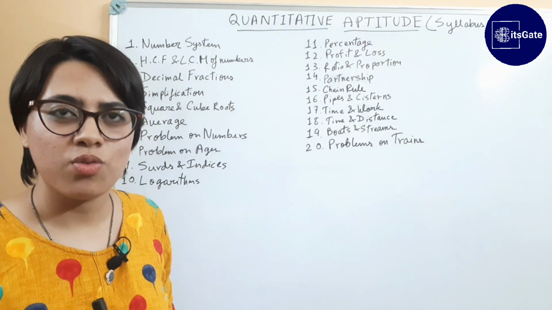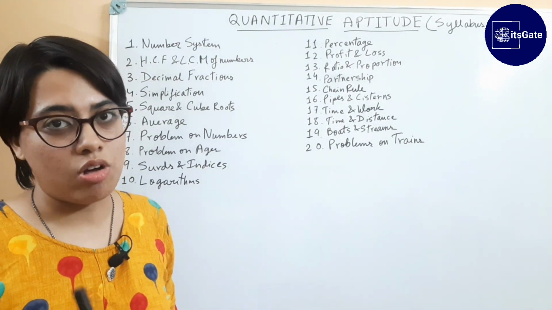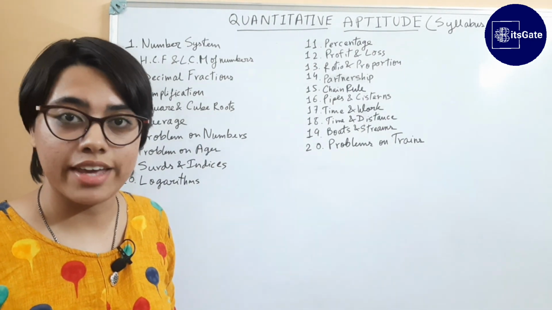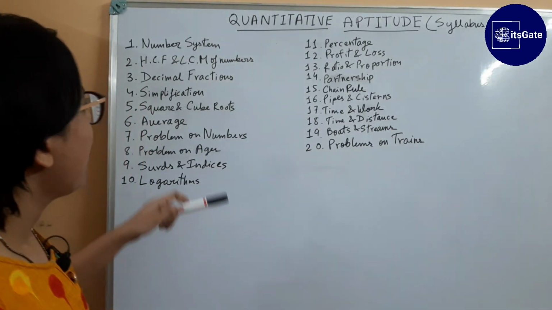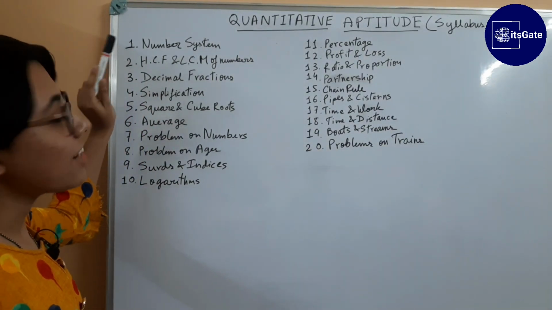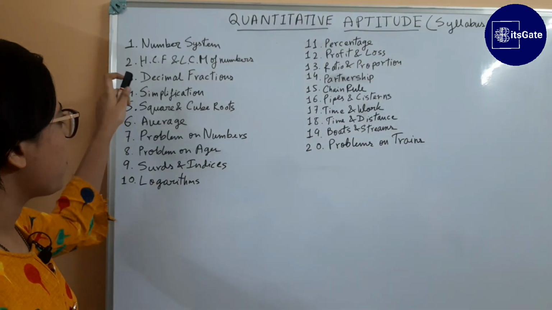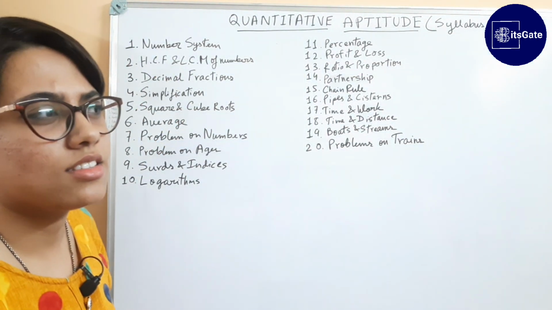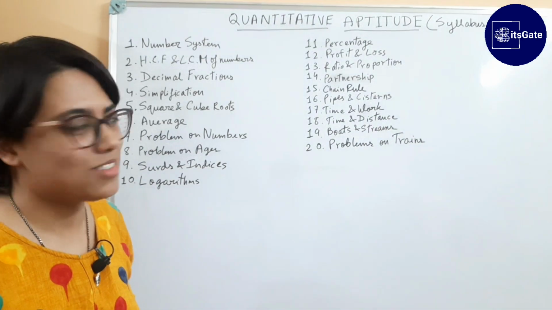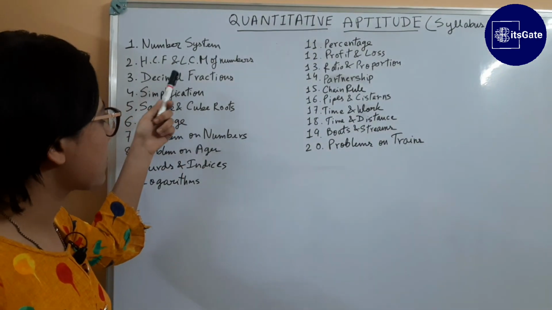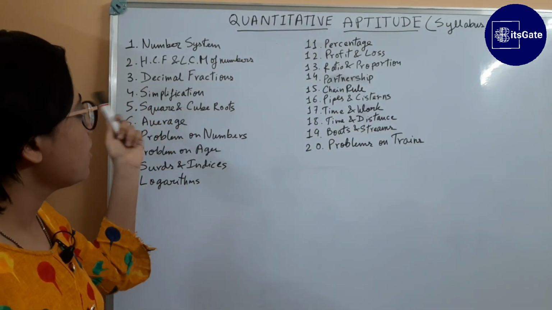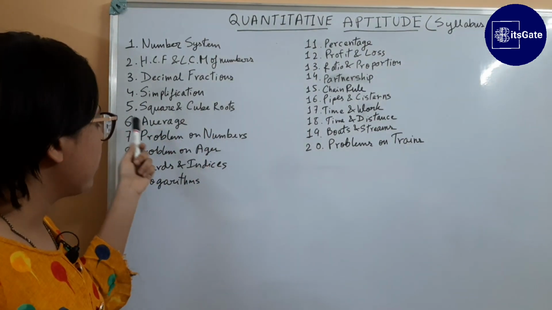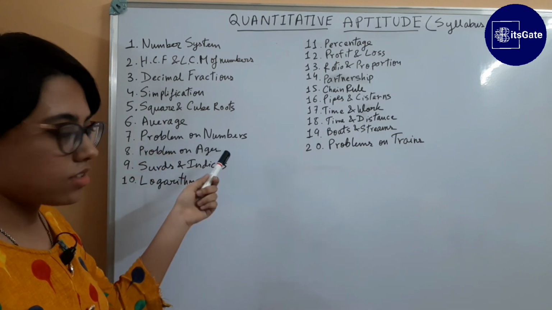Now that we know what quantitative aptitude is, let us also discuss the syllabus and subtopics of quantitative aptitude of GATE. So, our first subtopic is number system. Next topic is HCF and LCM of numbers that we have read since a very young age. Then is decimal fractions. We have simplification, square and cube roots of different types of numbers, averages, problems on numbers,